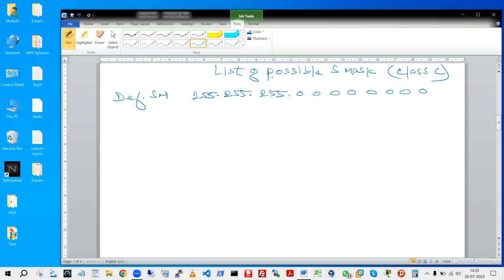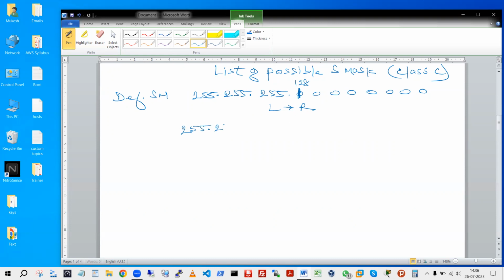So to prepare the list of possible masks, we are going to follow this rule, meaning one by one we are going to make bits on, moving left to right. As I was telling you in the example, if I pick up one bit, this bit has a weight of 128. So your mask value becomes